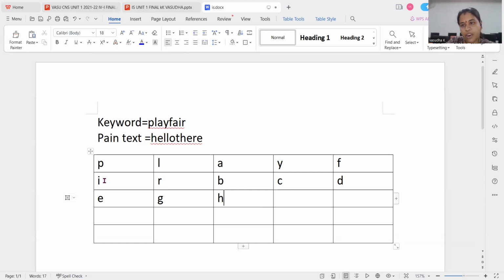I. I is present already. I'm not writing I separately, because wherever I write I, I need to write I and J together. This is a concept of the Playfair cipher itself. I and J should be together. So G, H, I, J, next K, L, M, N, O, P is already present in the keyword, Q, R, R is also present, S,